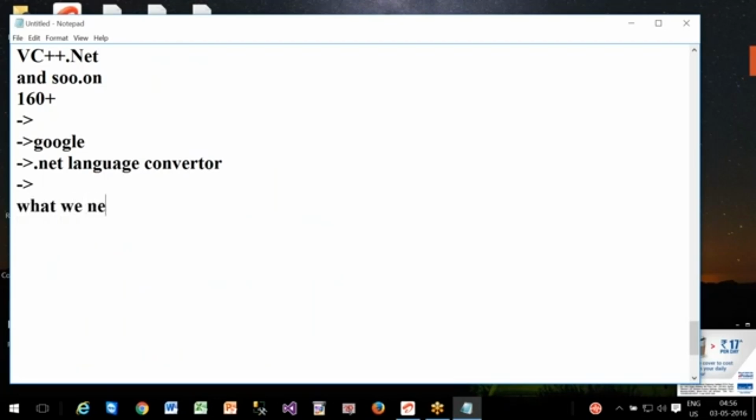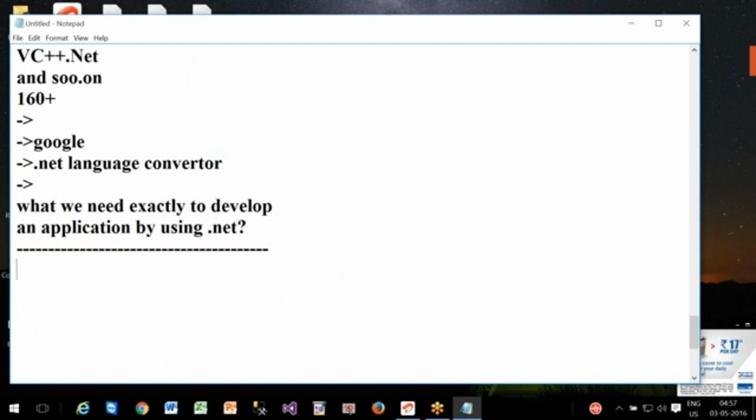What we need exactly to develop an application by using .NET? What we need exactly to develop an application by using .NET? Answer is: to develop an application by using .NET platform,